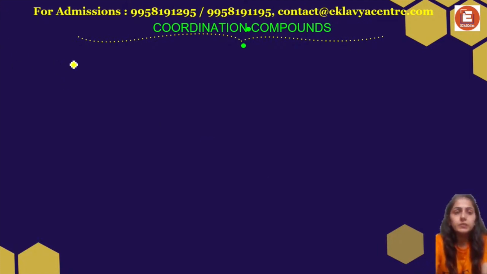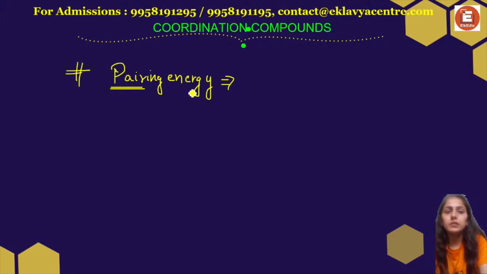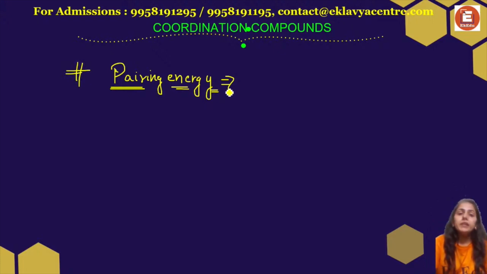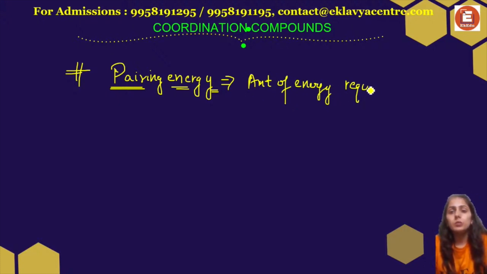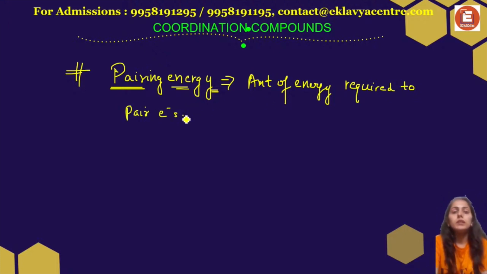What is pairing energy? Pairing energy is the amount of energy required to pair electrons, or you can say to do the pairing of electrons. For example,